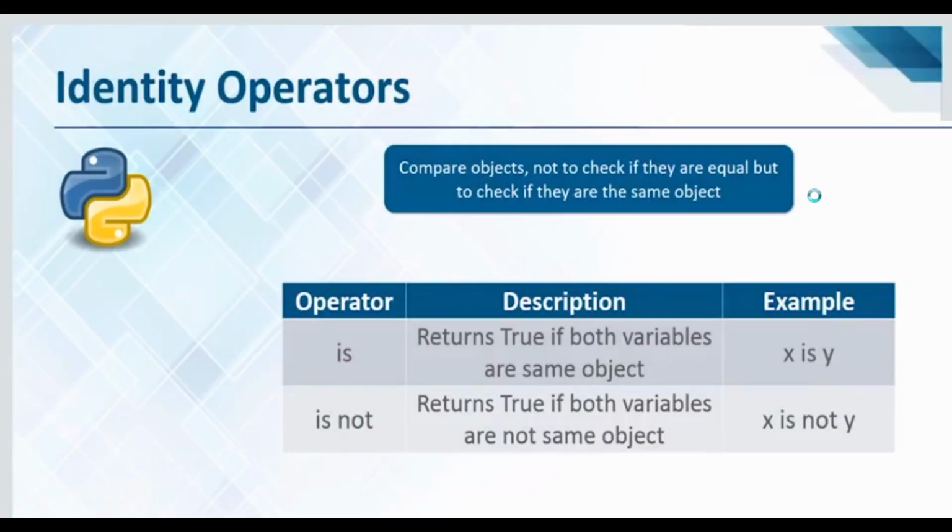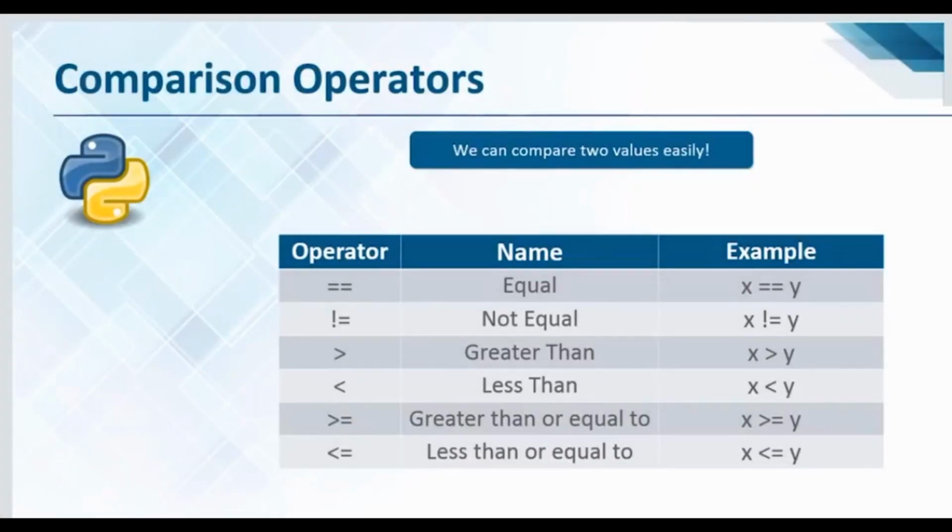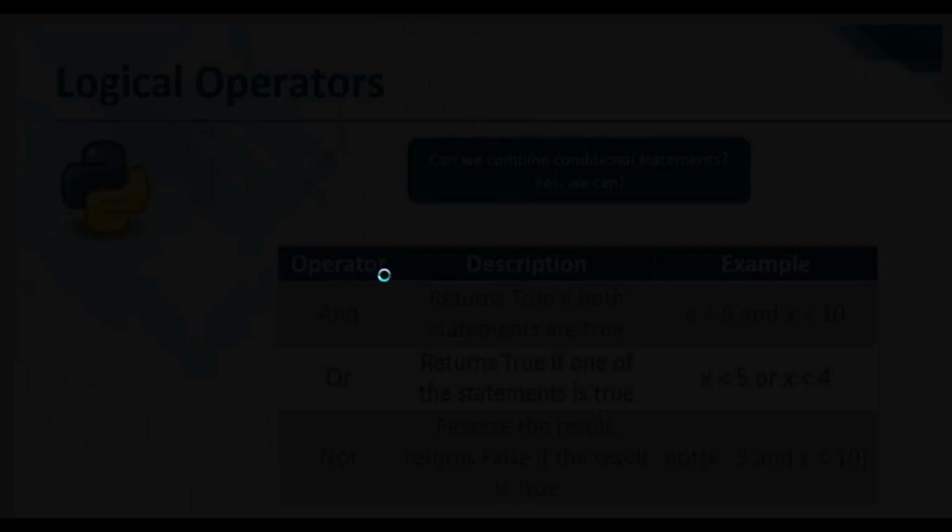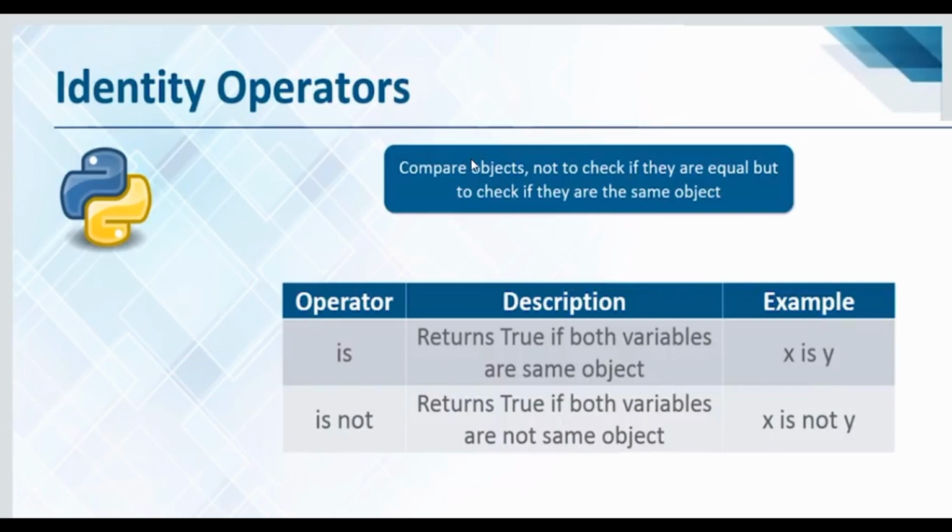Now come to the next operator, that is the identity operator. Actually it compares the objects, not to check whether they are equal, but whether they are the same object. We have just understood the equality operator; this is different from that. So is and is not are two different identity operators. It returns true if both variables are the same object, x is y, so it will return true. If not, is not returns true when both variables are not the same object, x is not y. Okay, so now